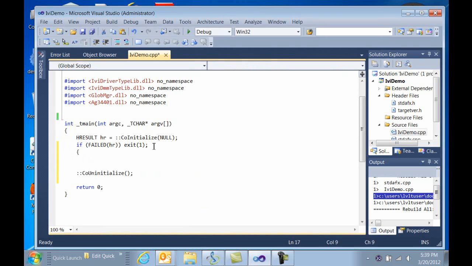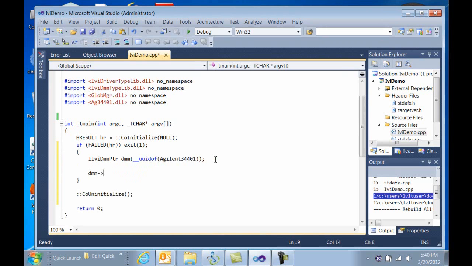In between this, what I'll do next is create an instance of the driver. So I'm creating a smart pointer that provides easy access to the COM object. Once I have these pieces of structure in place, I'll be ready to write the actual program to control the instrument. For purposes of this example, we're using the Agilent 34401 DMM, and I'll be initializing it using this particular